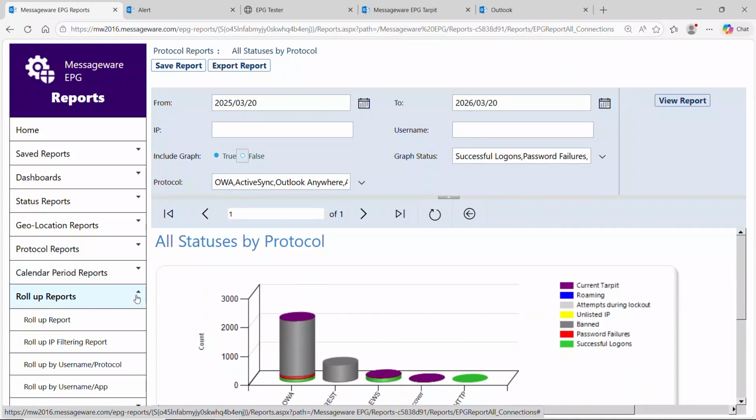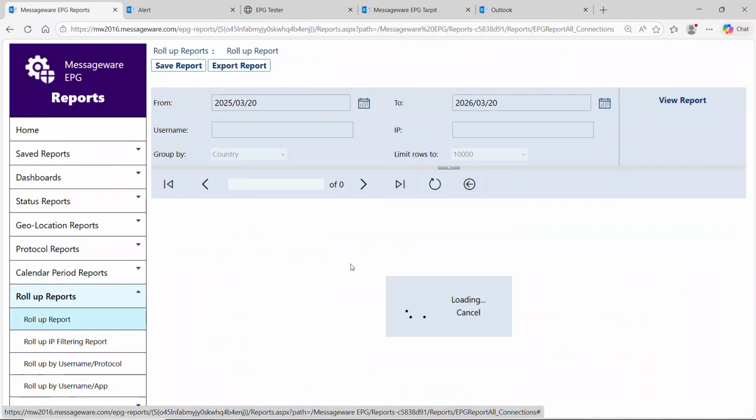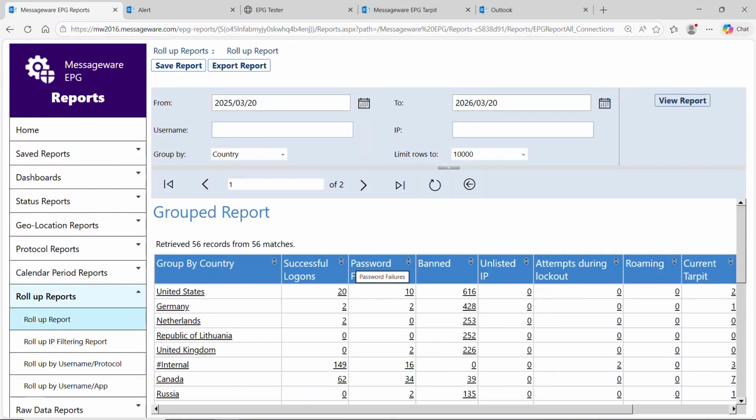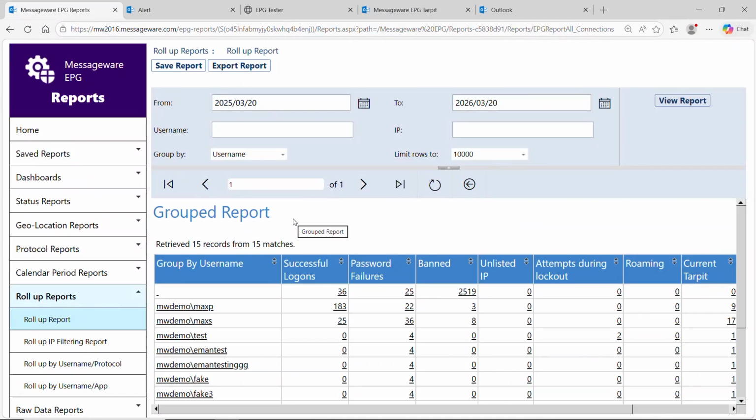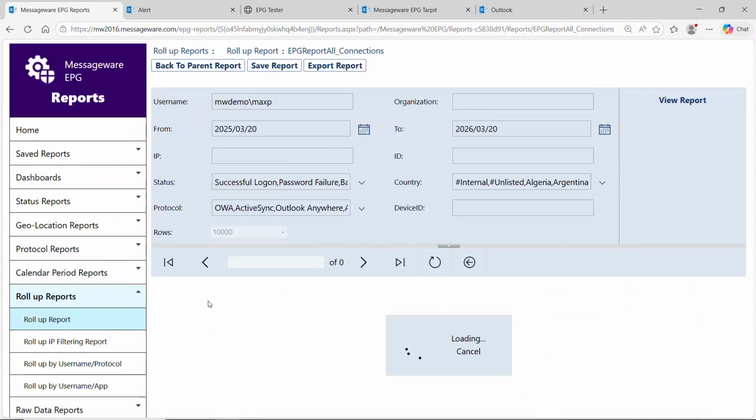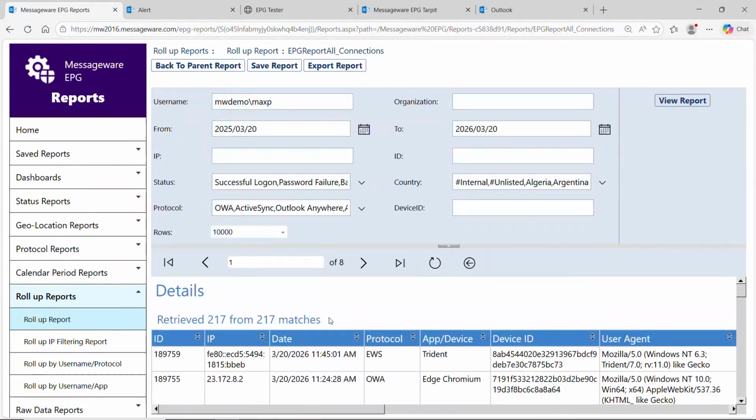There are specialized types of data viewing and reporting. One of them is a roll-up report, which we find very useful, and I'll just show you one of those quickly. This is just a good way of organizing your data by different attributes. Right now, it's sorted by country, and I'll change it to show you the data by username. There are many ways you can pivot this data and present it, and it's very useful for a number of things. For example, we could take a look at this particular user's logons and failures. This happens to be the username that we just used for our test. If you were doing a security investigation on that user, you have instant access to all the data here as well, and if you want to export the report, it's very easy to do.